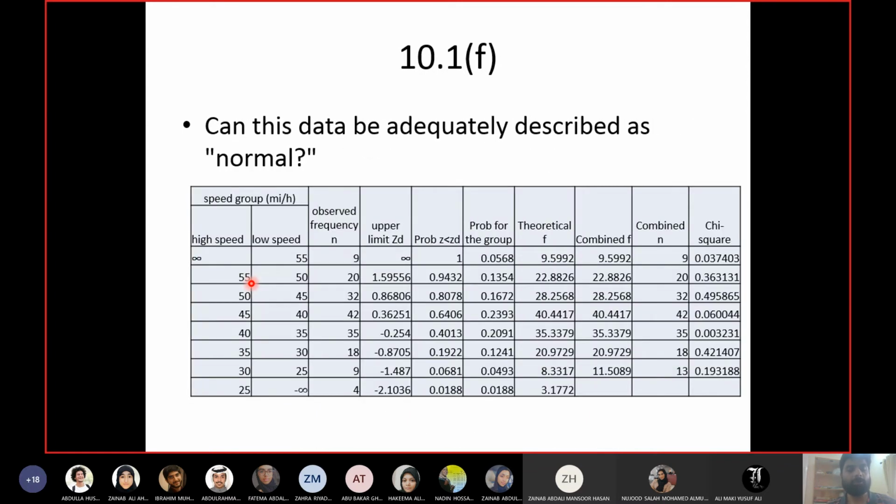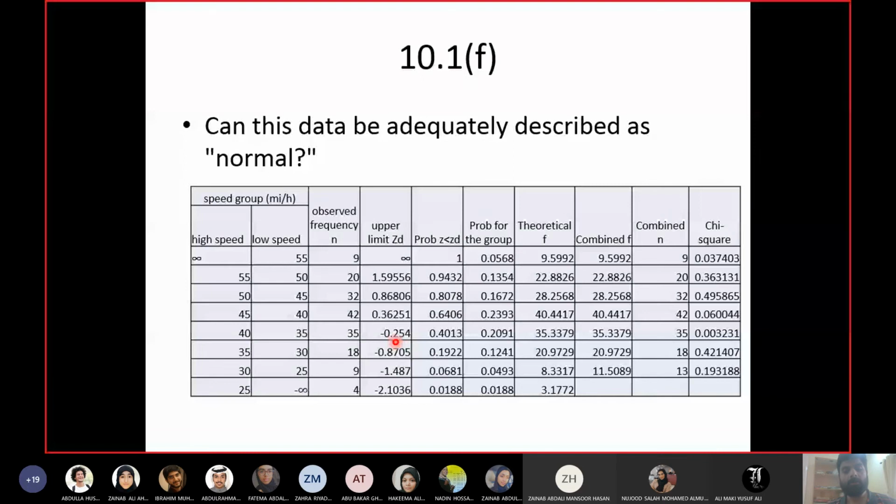So 55 minus 42.05 upon the standard deviation, which was 8.12. Then the same thing for every upper limit speed. So you have the z value, you go to the z table and find its probability. For infinity, it will be 1 because it's more than the value given in the table. For the rest of the values, you have to find them from the table. And for the negative value, you will do 1 minus.